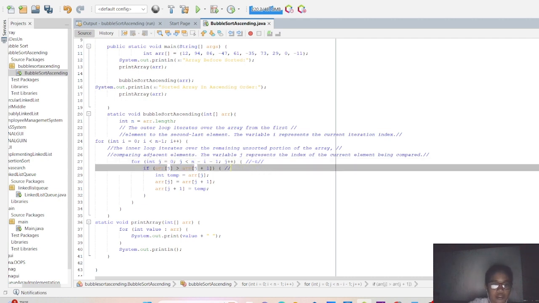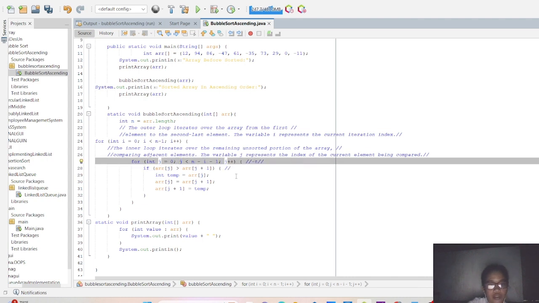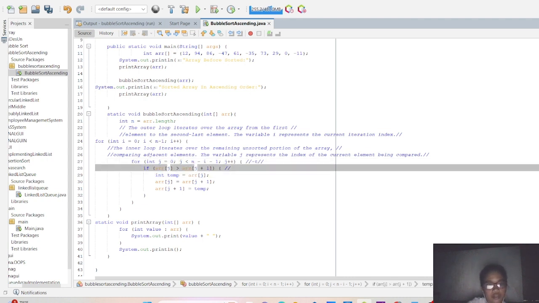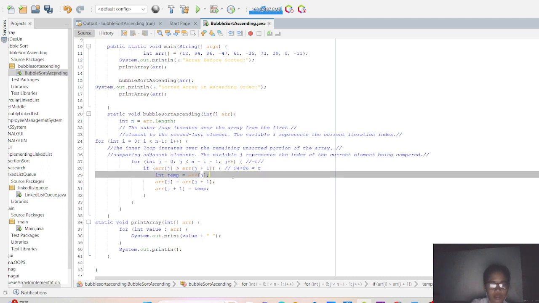So the condition came up true, and then we will proceed here in our condition. Our current index j is index 1, which is 94, and it is being compared to the next element, which is 86. And this condition is true, since 94 is greater than 86. So how is 94 swapped